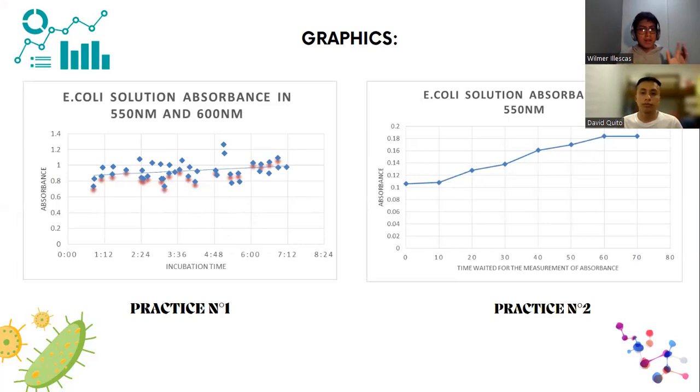The former are going to be the ones in color blue and red. It means that the 550 nanometers are all of those points. And the second, the 600 nanometers, is going to be the ones that are just in color blue. You saw here something that is not very well organized, as you can see, for instance, in 600 nanometers,